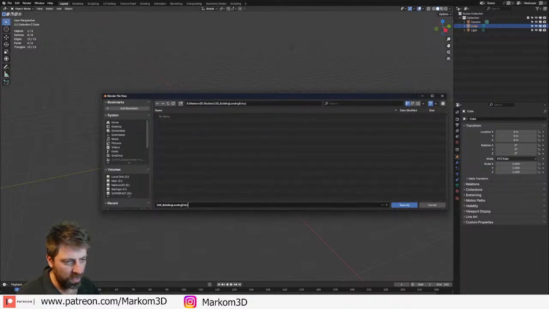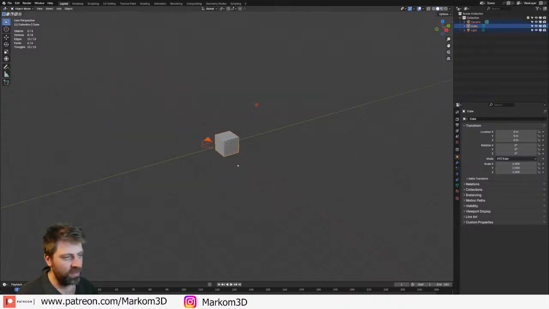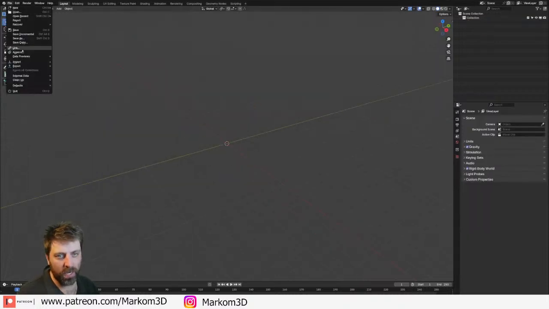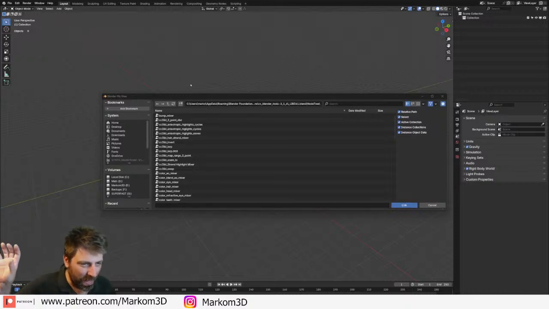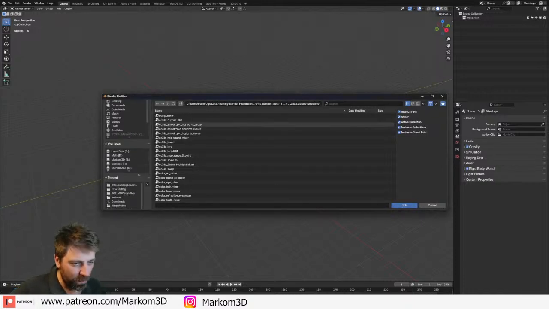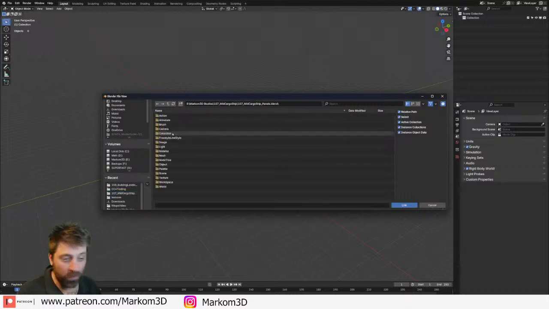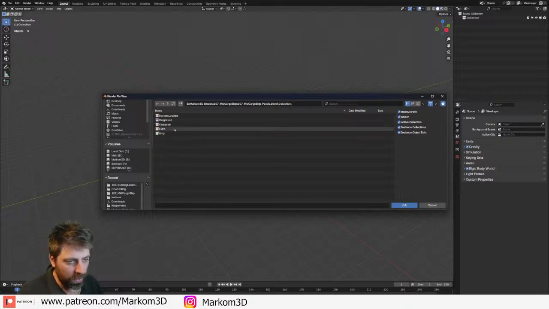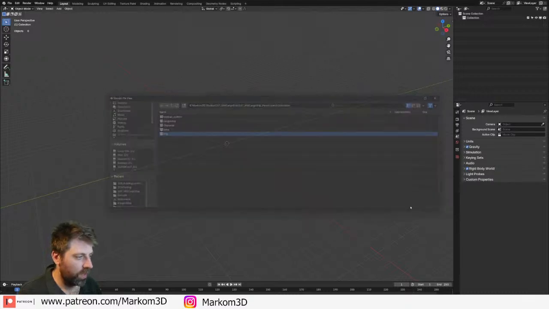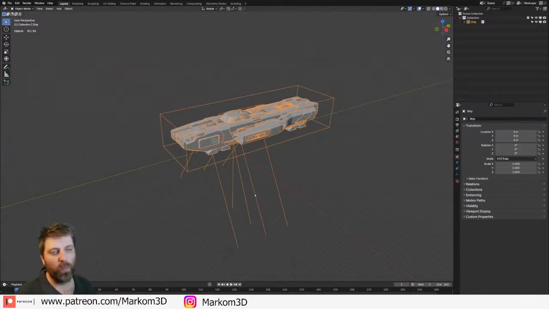Control V, enter, save as, select all, delete. Now I'm going to go File, Link. I'm going to link our ship that we've just created. And I'll probably try and put this up on Patreon afterwards. Collections, ship, link. And now we've brought in our ship.